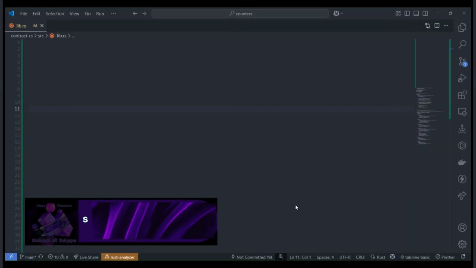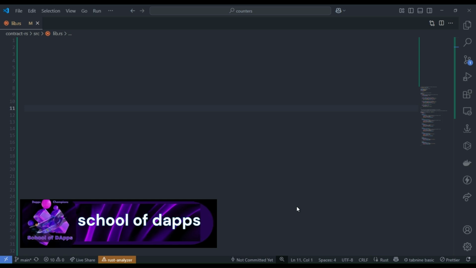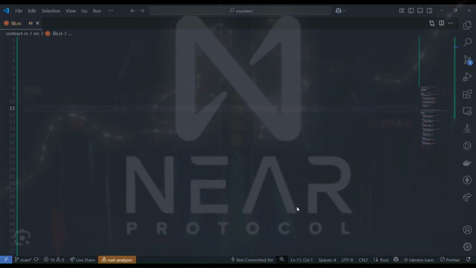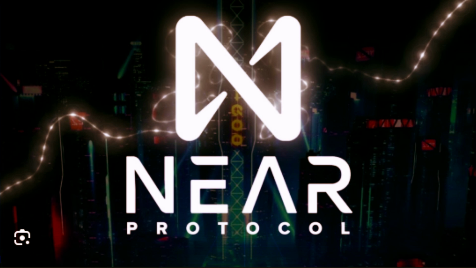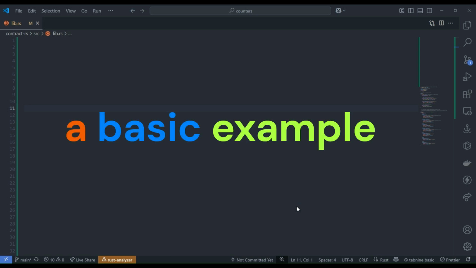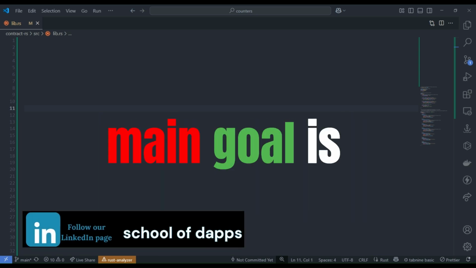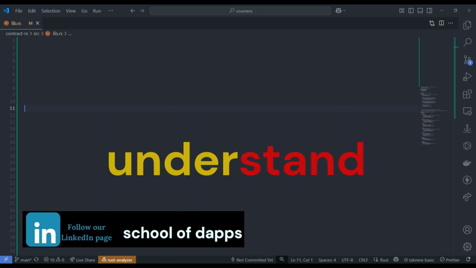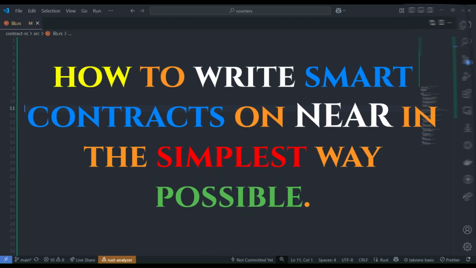In today's video, we are going to build a counter smart contract on the NEAR blockchain. This contract will act like a simple counter. Users will be able to increase, decrease, or reset a number. It's a basic example, but the main goal is to help you understand how to write smart contracts on the NEAR